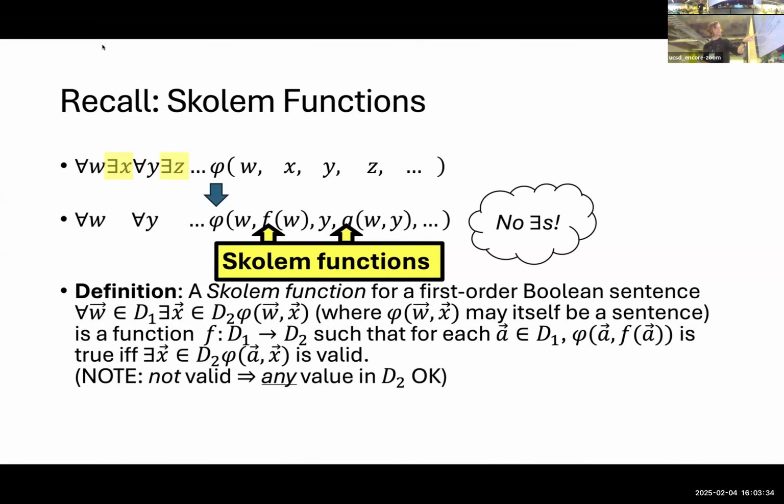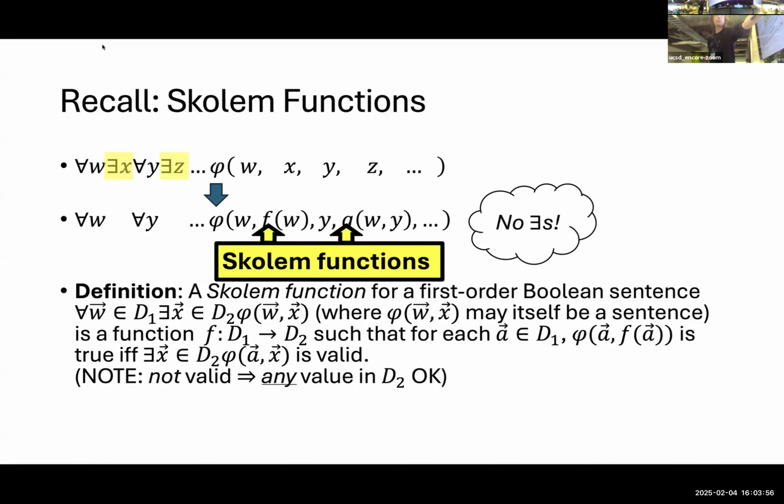Okay, I'm just going to look at the first two quantifiers here. The rest of this may be another quantified Boolean formula. And the Skolem function is just going to be a function that takes the domain for the universal player to the domain for the existential player, such that